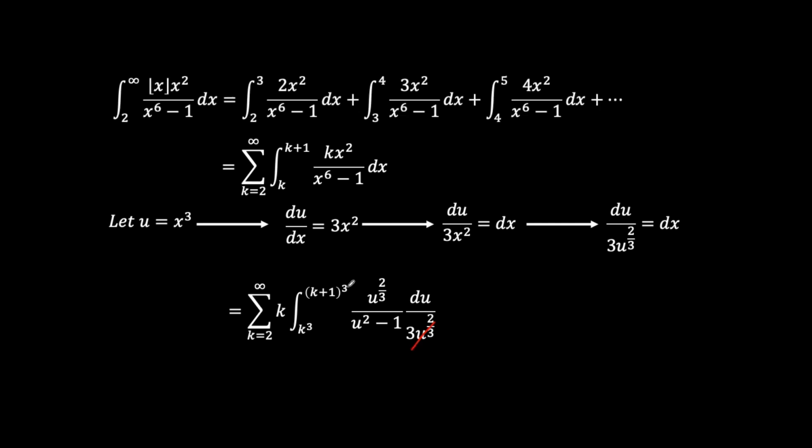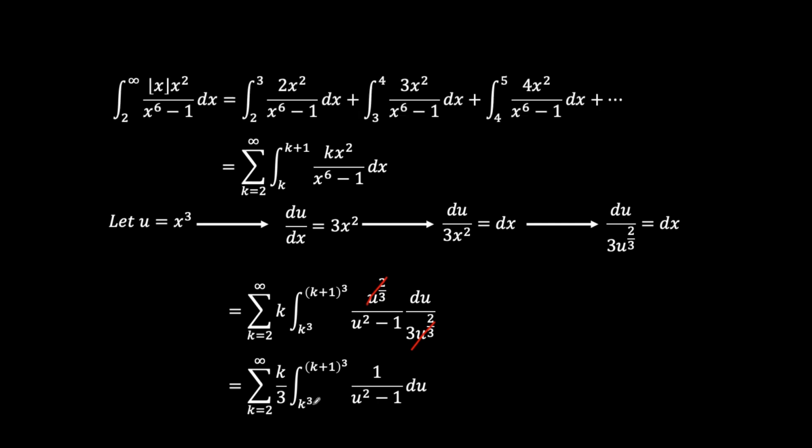So this u to the power 2 over 3 would cancel out. And we're left with a simple integral where the 3 comes out. We're left with the summation from k equals 2 to infinity of k over 3, the integral from k cubed to k plus 1 cubed of 1 over u to the power